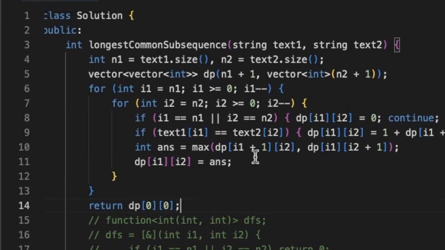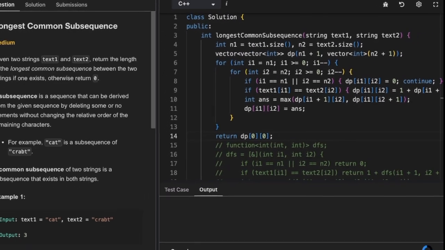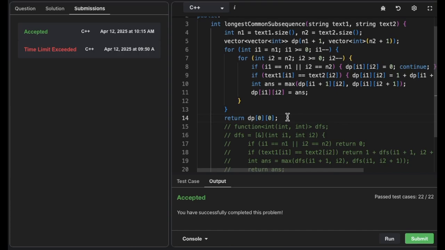Okay. Let me try to run this problem and try to submit. Okay, accepted. So the steps that I mentioned should work on any problem,